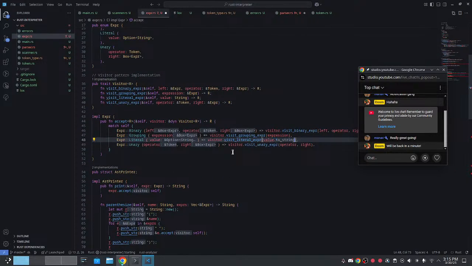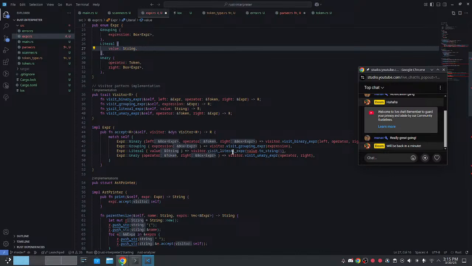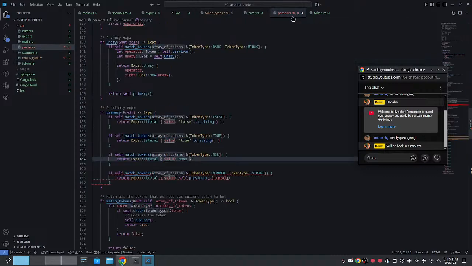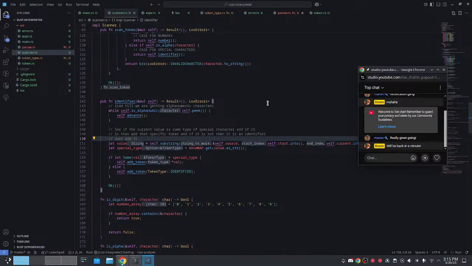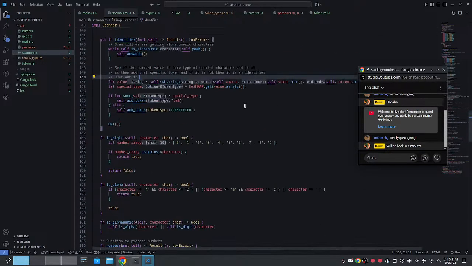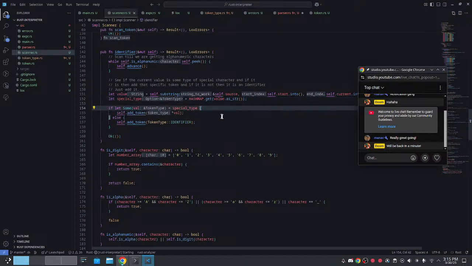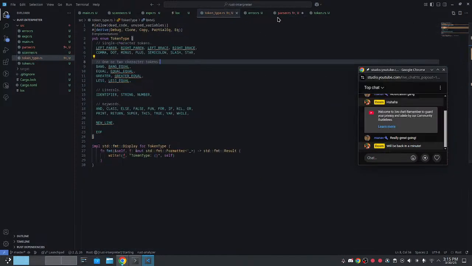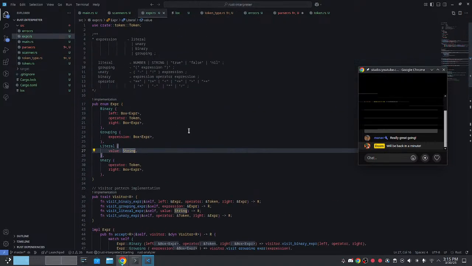I guess we shouldn't be using option, because if there is a nil that we get from the parser, we can just use a string to represent it, right? NIL, that would be an okay thing to do. Or else, I'll just use a comment here. We can